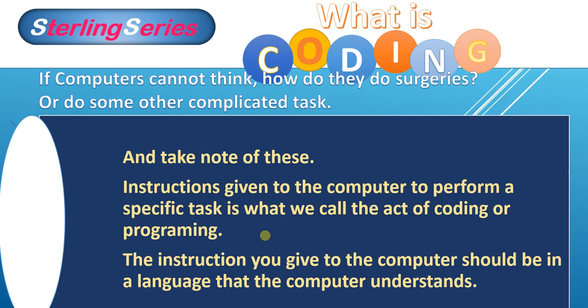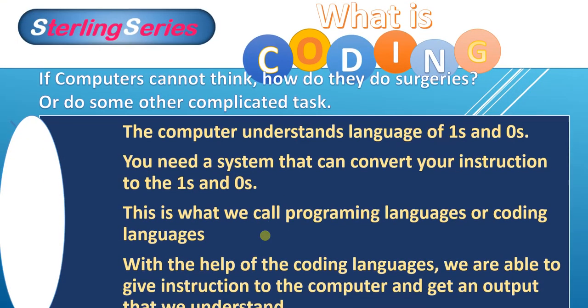The instruction you give to the computer should be in a language that the computer understands. The computer understands the language of ones and zeros. And then you need a system that can convert your instruction to the ones and zeros. This is what we call the programming languages or the coding languages. With the help of the coding languages, we are able to give instruction to the computer and get an output